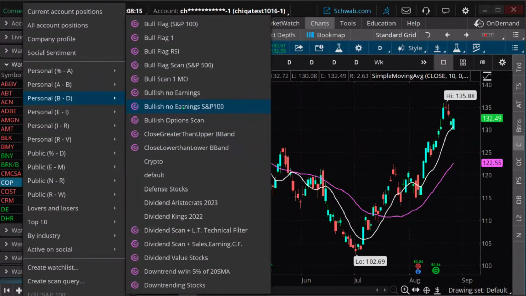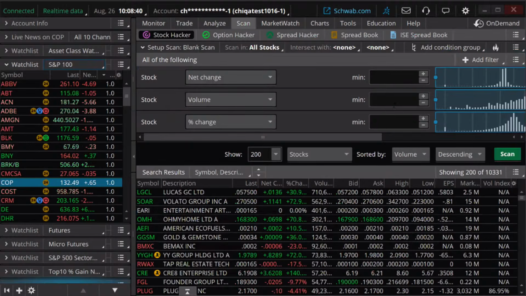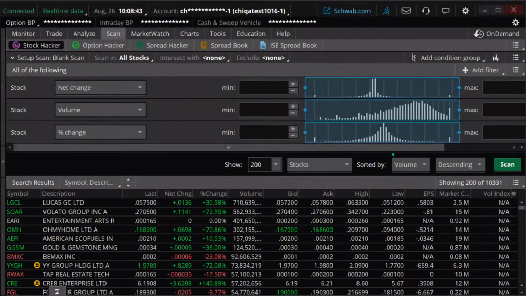Look, I have one, bullish, no earnings, S&P 100. Okay, fair enough. This is going to change because this says no earnings. Well, the list of stocks that have earnings coming up is going to change. So that will update. You can create any of these dynamic watch lists by creating a scan. So let's do that. So what I can do is I can do a scan, and let me get rid of this over here. And I actually have a scan that I've created, and I've done this one in the past. And that scan is for liquid stocks. Okay, and I'm going to show you that scan in a sec.